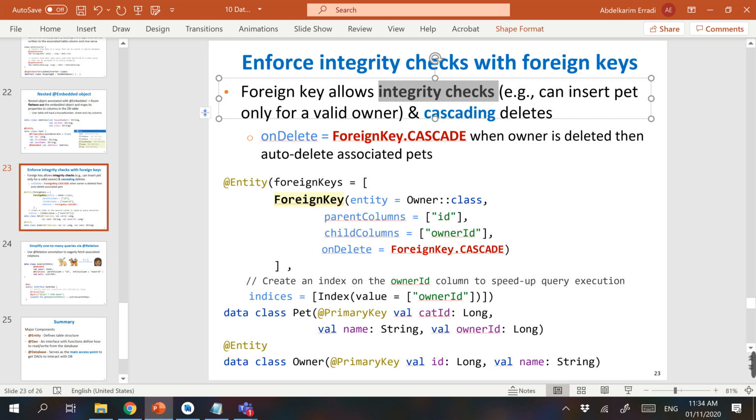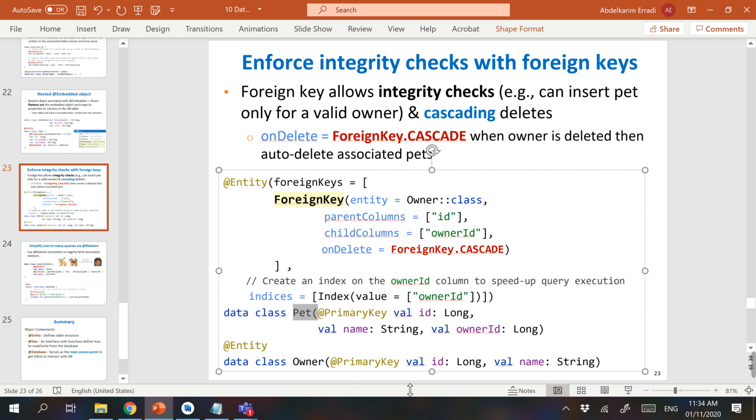Here is another example. I have a pet and I have an owner. So an owner has an ID and name, and the pet has an ID, a name, and an owner ID. So a pet belongs to an owner. So what I can do, I can define a foreign key relationship between the owner.id and